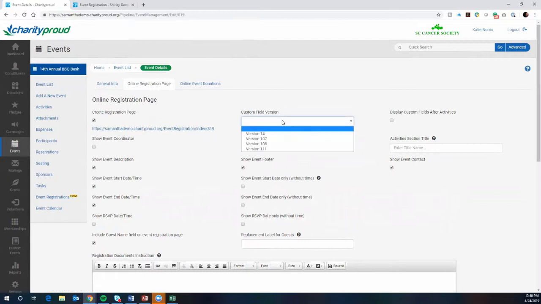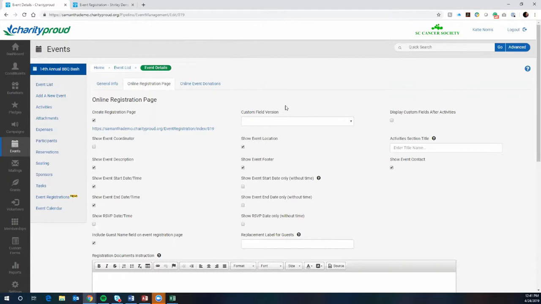You're also able to add custom fields, if you've created any custom field versions that you'd like to use on the event page. Again, this helps make the event registration page more flexible for you. So people collect things like t-shirt sizes or dietary preferences or accessibility needs for attendees, as well as things like golf handicap numbers. So there really is a wide variety of ways in which you can apply custom fields to help customize the input that someone can provide on an event page, and therefore customize the information you're able to